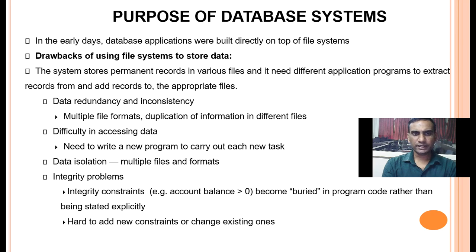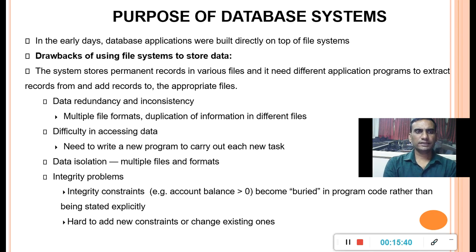Data redundancy and inconsistency. Redundancy means duplication, inconsistency means there is some inconsistency in your document. So multiple file formats, duplication of information in different files. So the example of redundancy is like that. Suppose there is one mall. In that mall there are different departments. The first department has the information of the customers for sending their deliveries, or